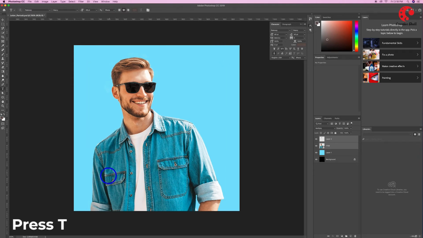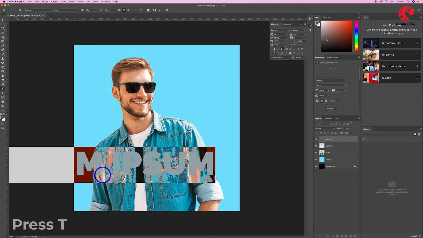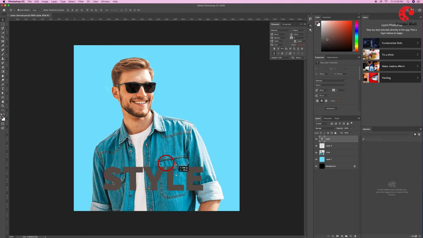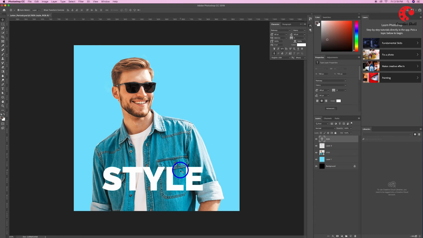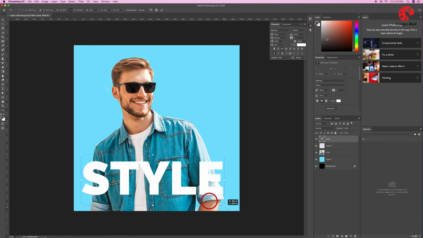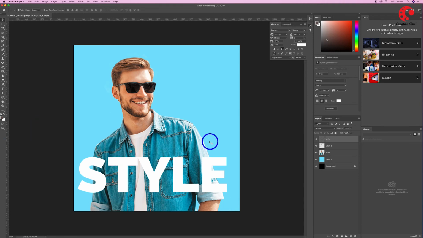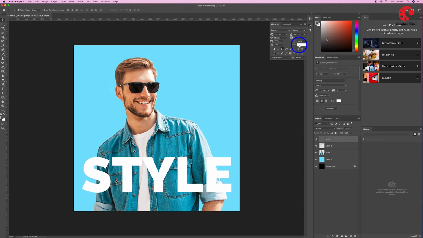Let's write the text the way we want to. You can choose your own letters, alphabets or words. Try to avoid thin fonts. You can go for thicker fonts so that our letters are visible very clearly. Place the text appropriately in the layout. In my layout, it will look good in the center. Align manually and change the color of the font.